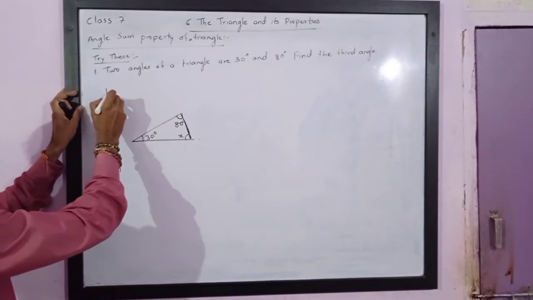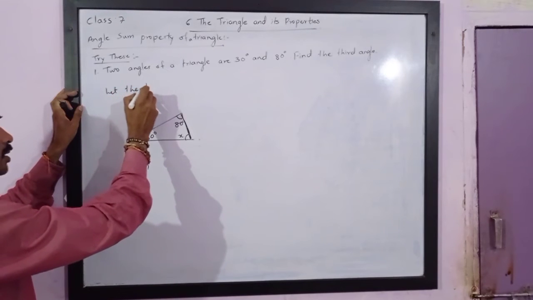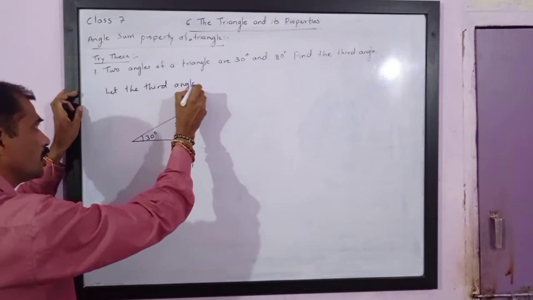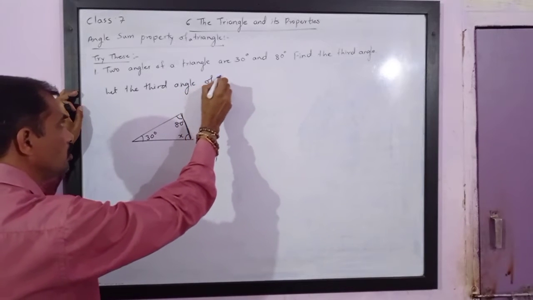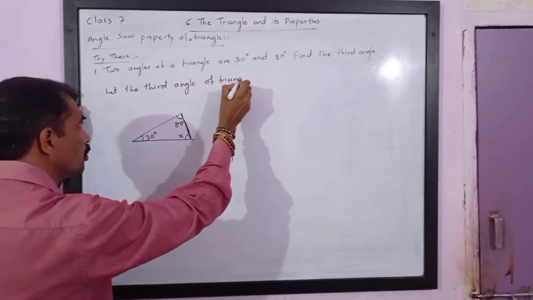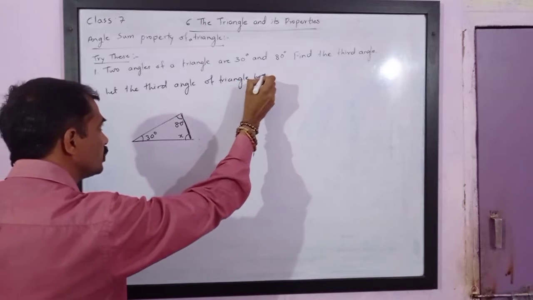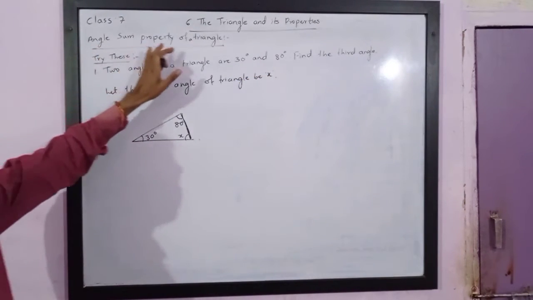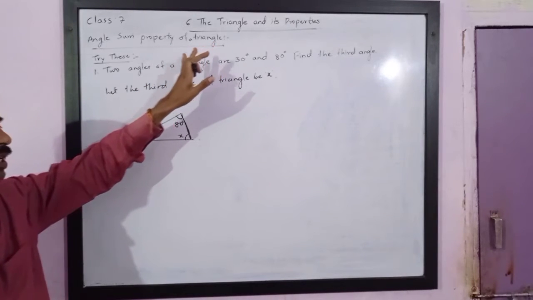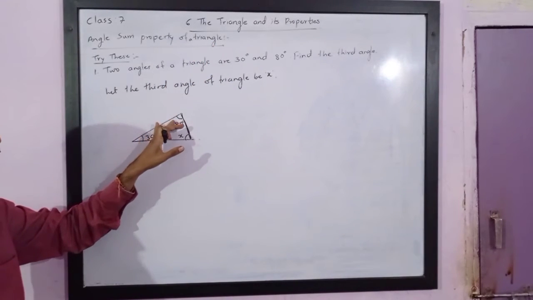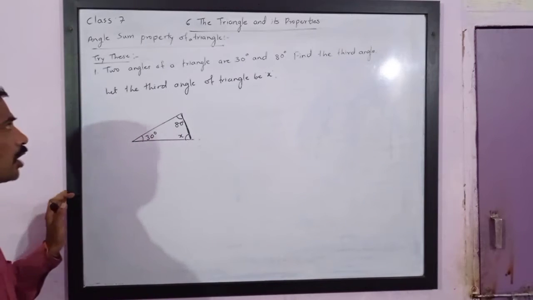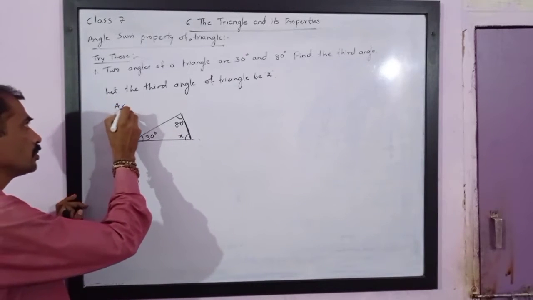Let the third angle of the triangle be x. Now see, we have the angle sum property of a triangle. The angle sum property states that the sum of the interior angles of a triangle is 180 degrees. So according to the angle sum property of a triangle,